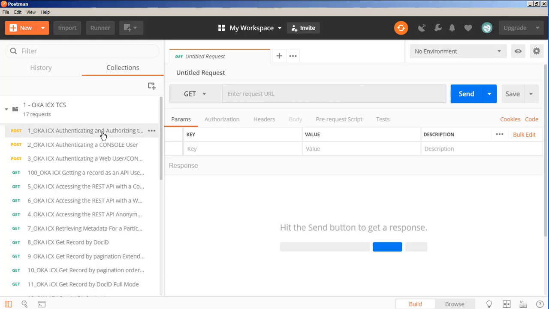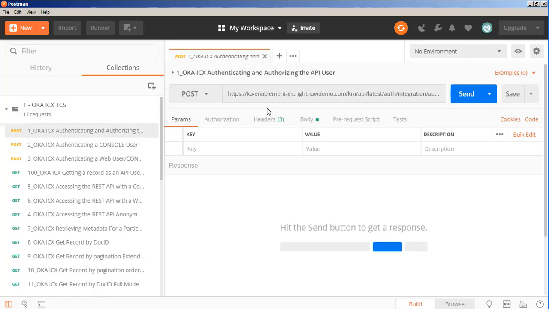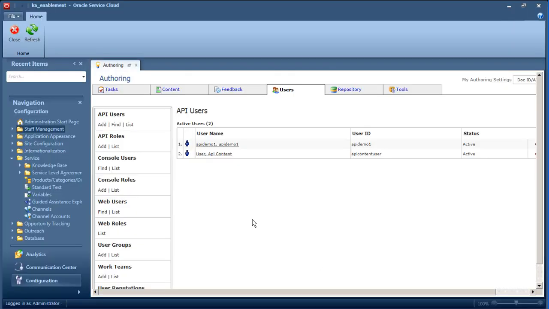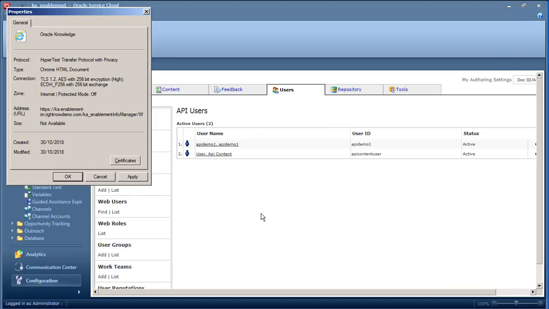And if we go to the first request, as you can see, it's the enable authorization. So the starting point for this is the site, the host site. If you ever want to find out what the URL is, you go back to the agent desktop, right click, get the properties, you take the first half of the URL,